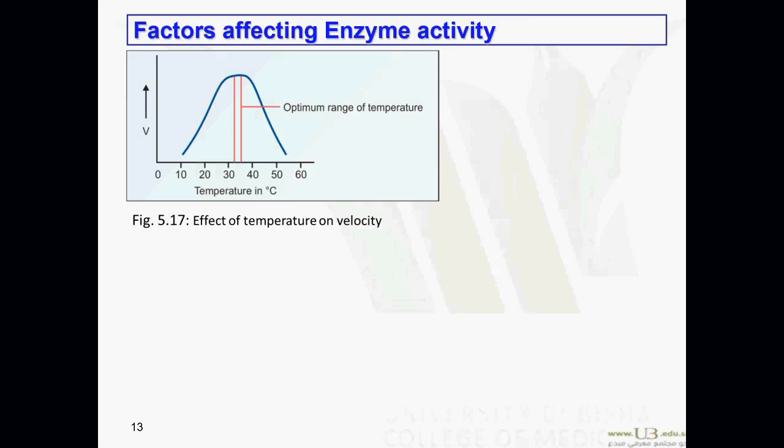So as we increase the temperature of the medium of the reaction, the rate of reaction will be increased till we reach the optimum possible temperature. The curve, guys, is made in a bell shape to show a normal distribution between the rate of reaction and the increasing temperature, till we reach the optimum temperature, and how it will be affected